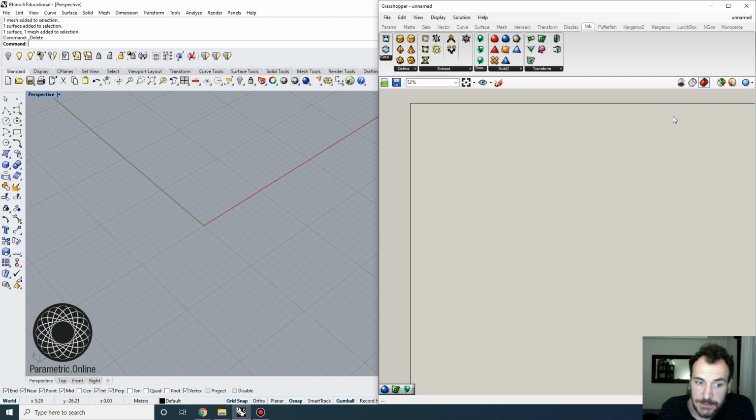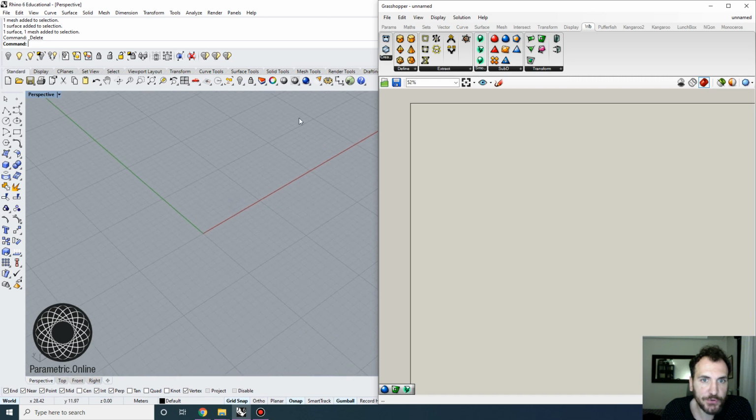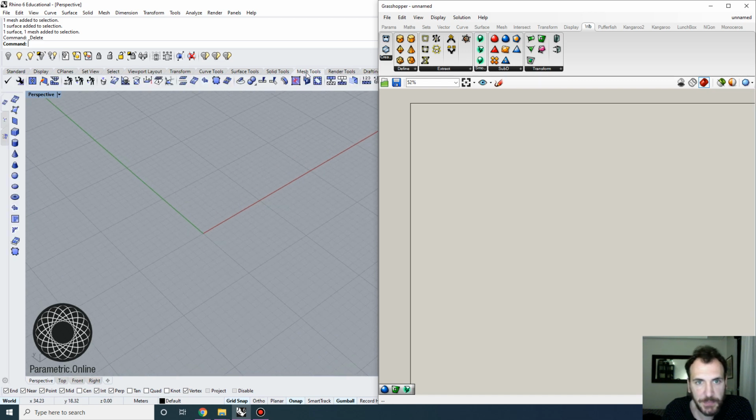Okay, so let's get down to work. We are going to first of all look at how the relaxation works. So we are going to build a simple mesh. If you go to the Mesh Tools tab and click on the single mesh face, we're going to start by